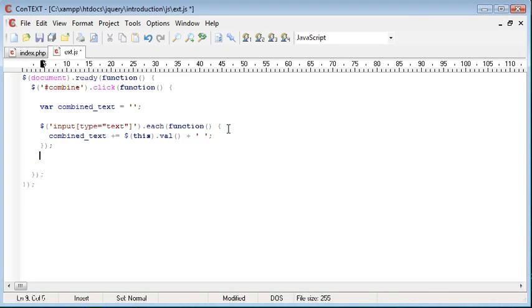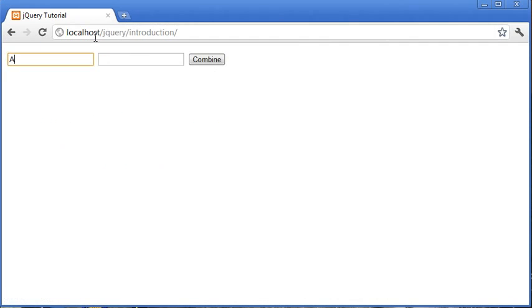So now what we want to go ahead and do is actually place this inside of the combined div. Remember, we created this div down here where we can display our result. And in here I use a selector combined because we're selecting by ID, and then I just simply say text combined text, and now when I refresh and enter some more data and click combine, you see this text appears